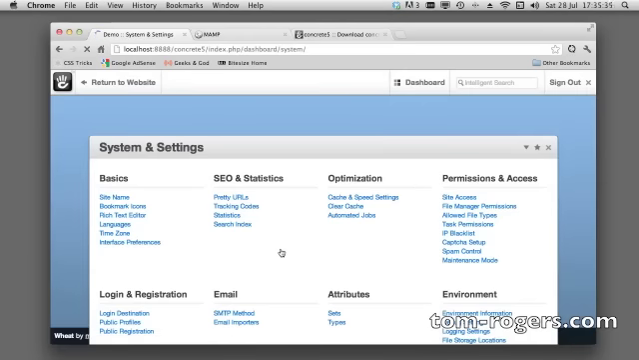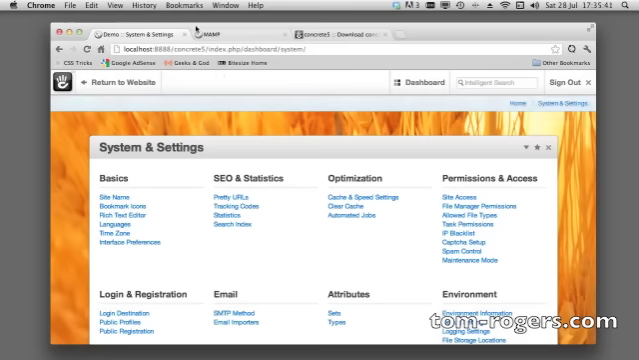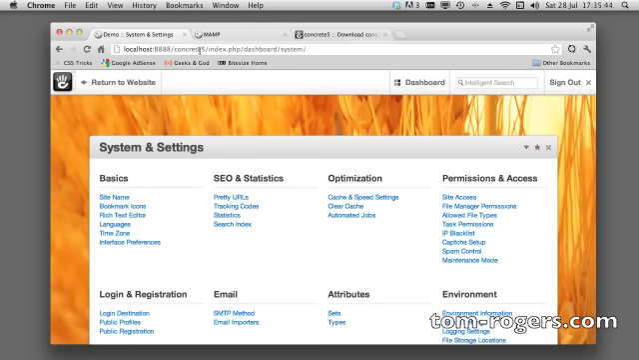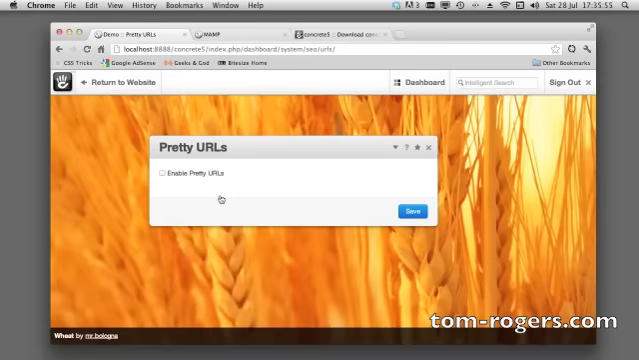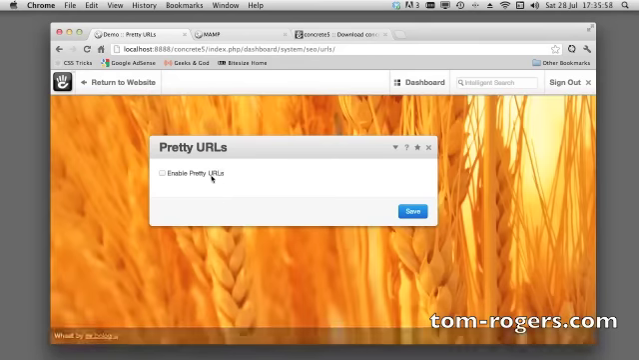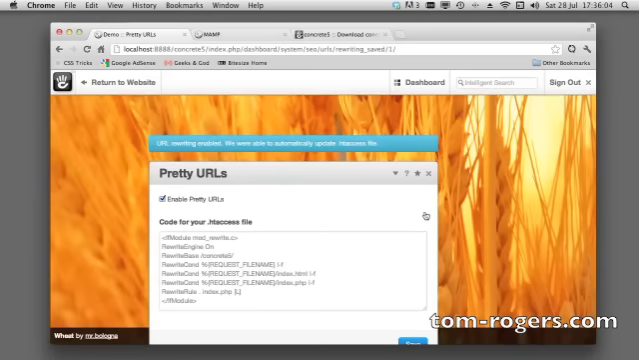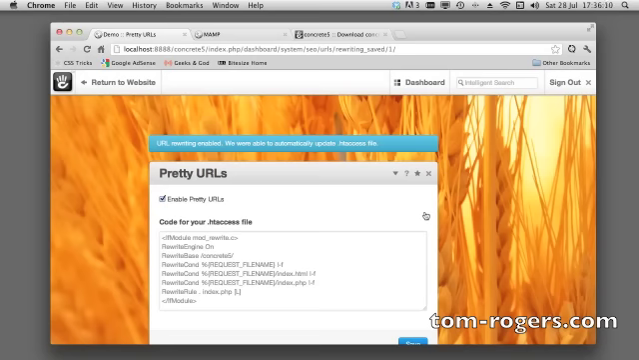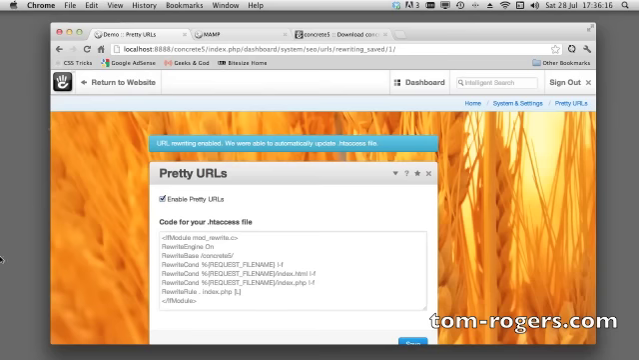And you see how we've got index.php for all the URLs. That's not great for search engines, so we want to get rid of that, and the way we do that is by going to this system and settings page, and we want to enable this pretty URLs feature that's similar to Drupal's clean URLs. And it said we were able to update the htaccess file automatically, so there's no need to go through that. But now if we go back to the website,